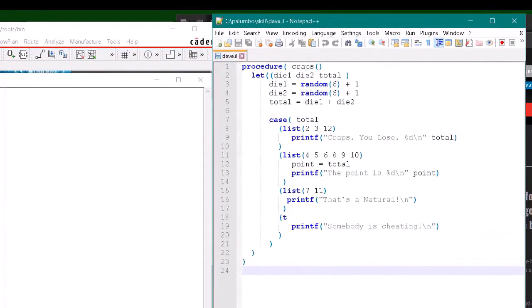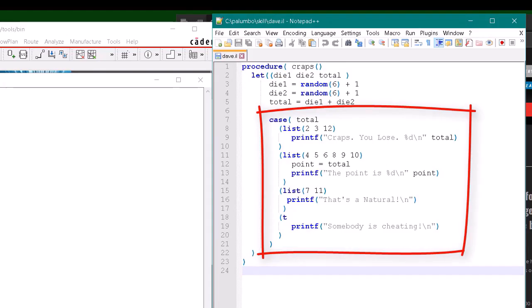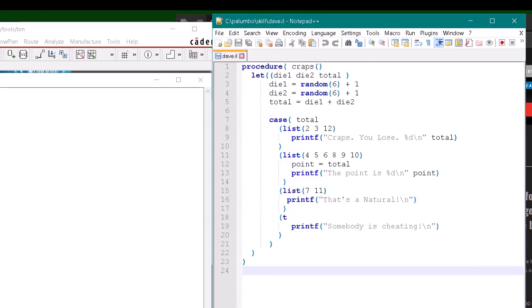function. In this example, we roll 2 dice and then have a case function that runs a branch based on the value of the dice. I'd like to update the function to continue rolling the dice as long as we are winning, and then when we crap out and are no longer winning, we stop the loop and return the number of times the dice